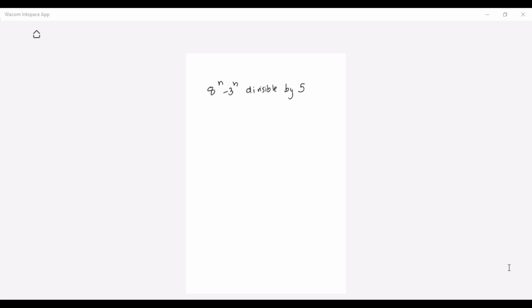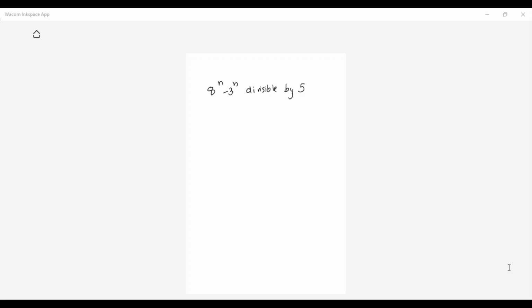But student, what you have to do, you have to see what are the things that are in our hand, and what we need to prove. We need to prove divisible by 5. So which term will be required, student? What is there in our hand? Which term are we having right now that we are saying is divisible by 5?